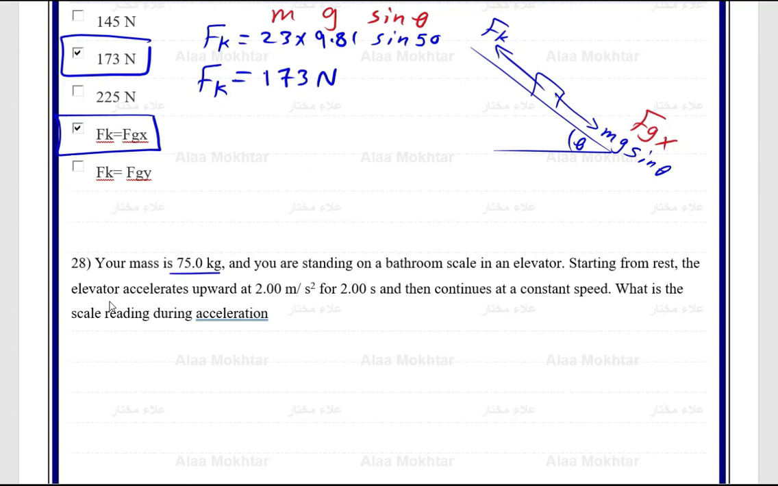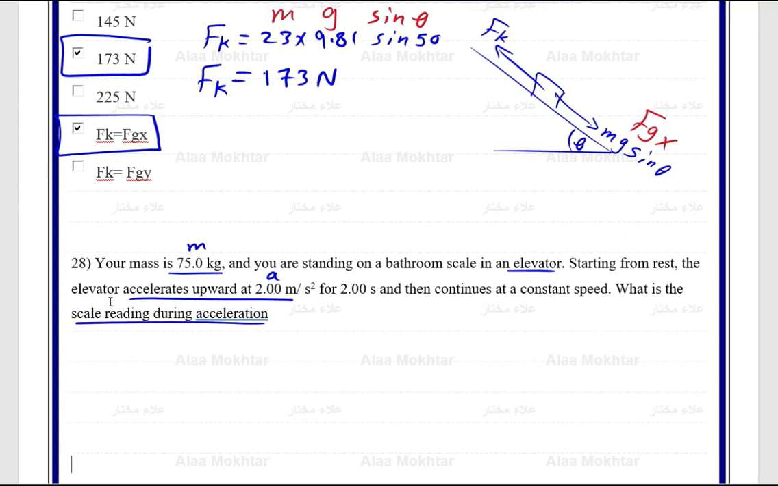Your mass is 75 kilograms, and you're standing on a bathroom scale in an elevator. Starting from rest, the elevator accelerates upward with 2 meters per second squared for 2 seconds. Then it continues at a constant speed. What is the scale reading